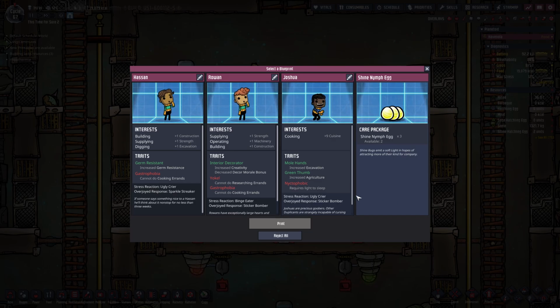Is there another dupe that we want to get? We're okay on food at the moment. We can get construction, strength excavation. We can get strength machinery construction. Germ resistance, but cannot do cooking errands, which I think is fine. We're good on cooks. We can have someone just good at...